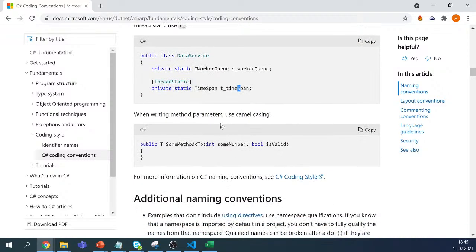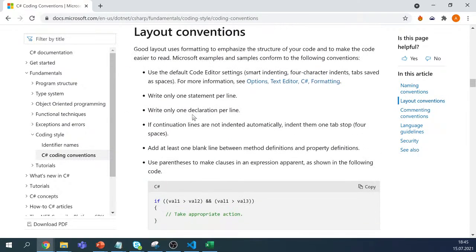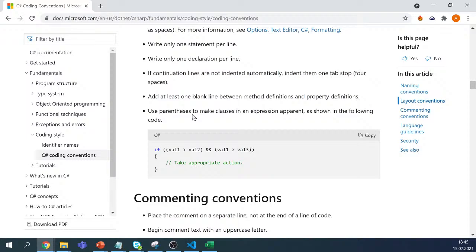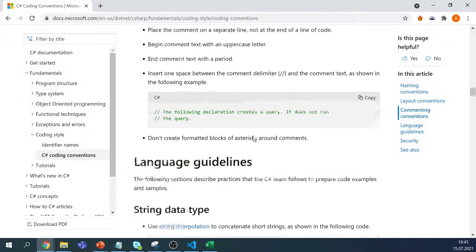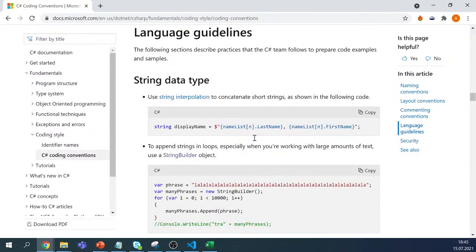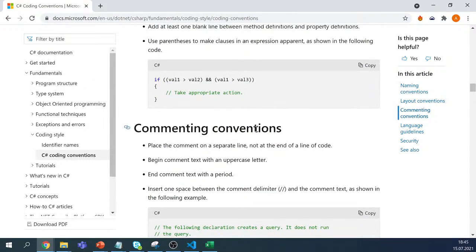So straightforward. And also for the method parameters, we'll see camel case should be used. Then you can also find some additional naming conventions. We'll maybe take a look at them a little bit later. So first of all, for now, we should know